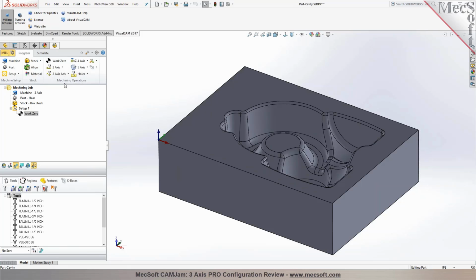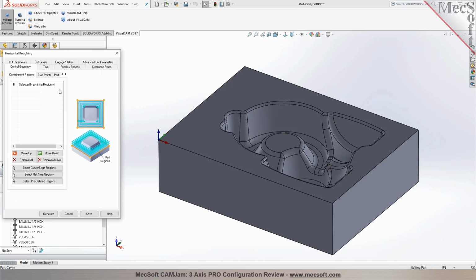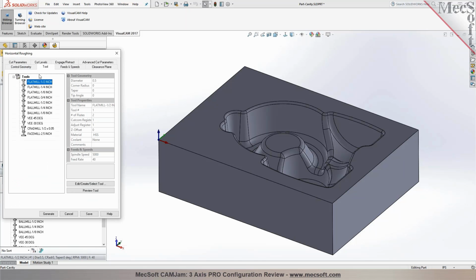Now in 3-axis, you just go ahead and select the operation type. So you can see that with the Pro configuration, you have a wide range of 3-axis toolpath methods. You have roughing, re-roughing, finishing, several different types of advanced finishing, pencil tracing, remachining, curve-based machining, a lot of different 3D methods. Typically, the workflow starts with a roughing process in here,